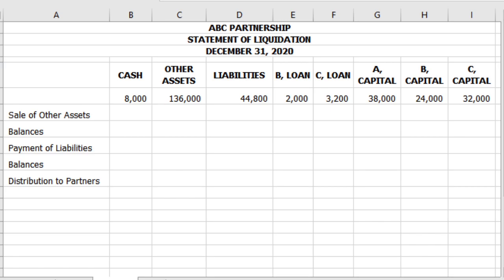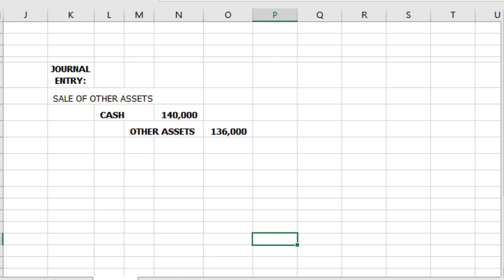So, 140,000 yung nabenta. So, yung other assets natin is 136. So, yung entry natin for our first transaction, sale of other assets is debit tayo ng cash of 140,000 and then credit tayo ng other assets of 136,000. So, again, yung ating other assets is nabenta siya for 140,000. So, kung yung ating other assets is 136, and then nabenta natin siya for 140, ibig sabihin, meron tayong